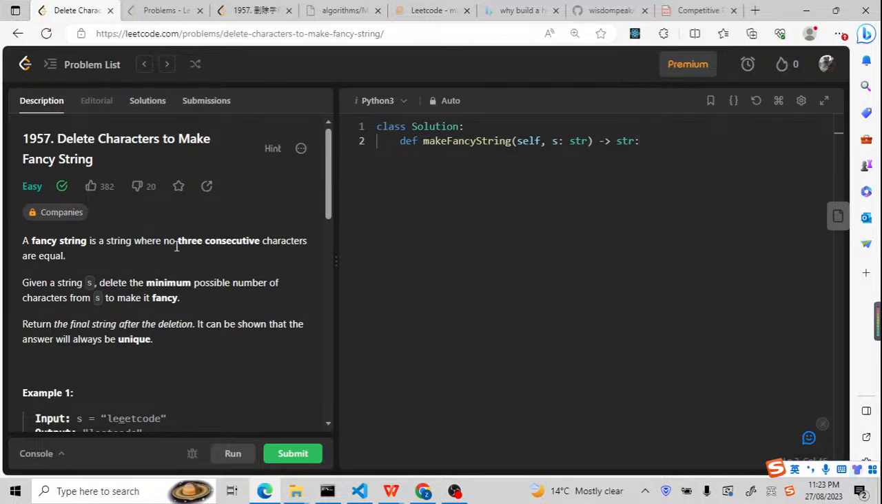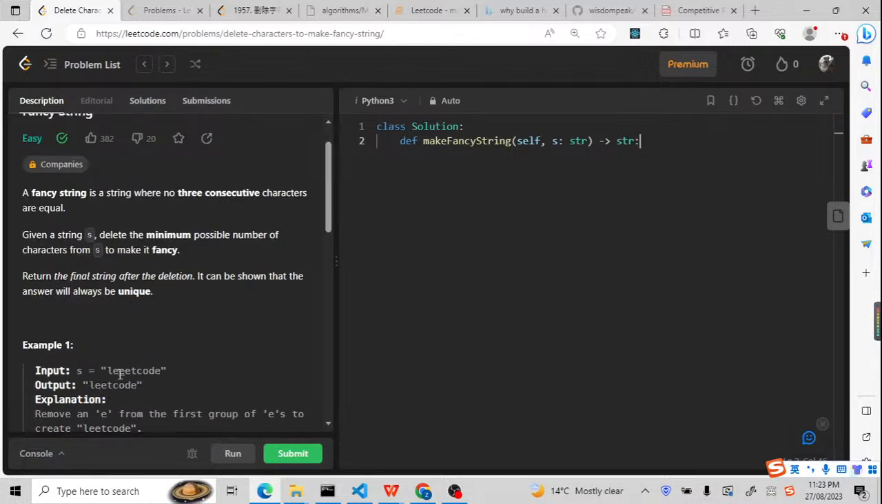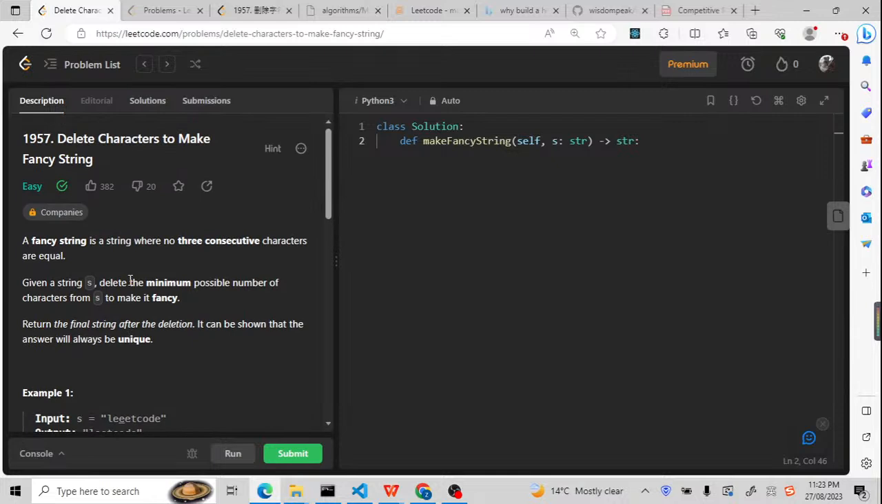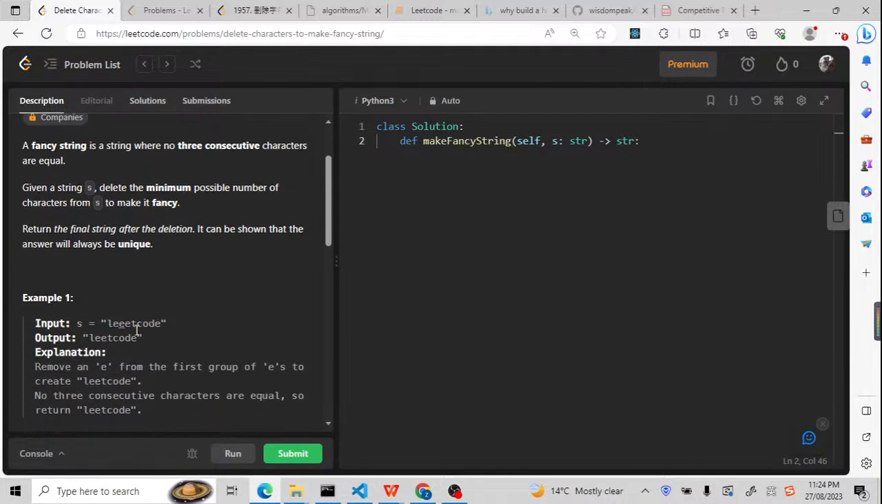A fancy string is a string where no three consecutive characters are equal. For example, in "Leetcode", the E has three characters, so it's not a fancy string. We need to reduce the three E's to two E's. It will be just "Leetcode". As you can read from the title or the description, it's basically a list group problem